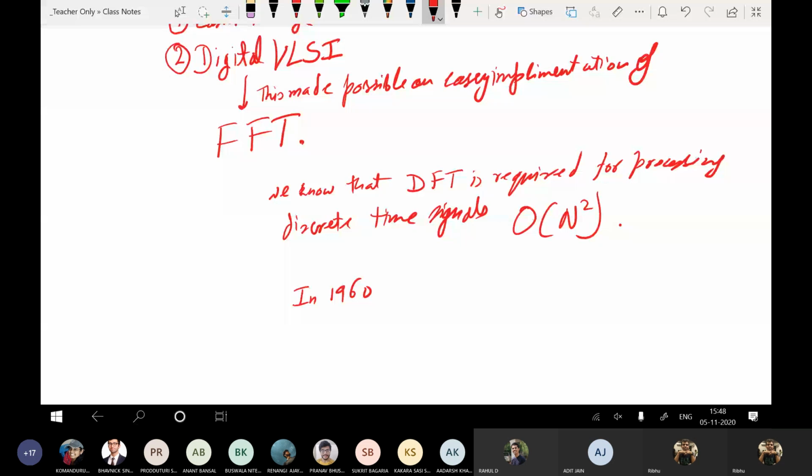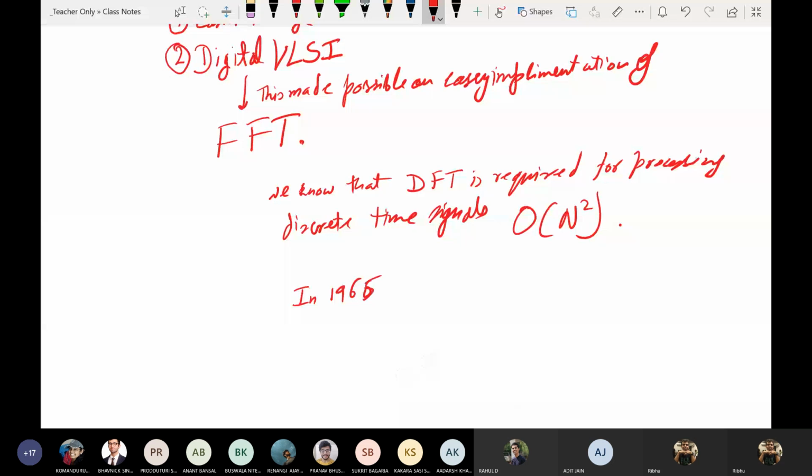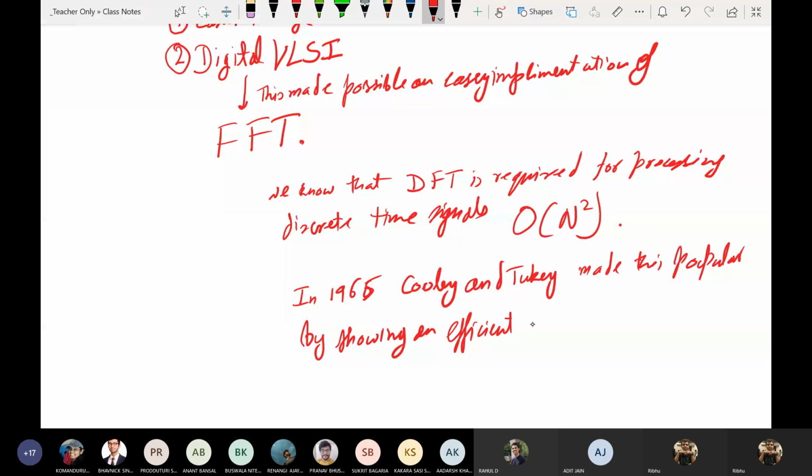So in 1965, Cooley and Tukey, this was actually discovered by Gauss, the same Gauss of the Gaussian distribution. But in 1965, Cooley and Tukey made this popular by showing an efficient hardware implementation